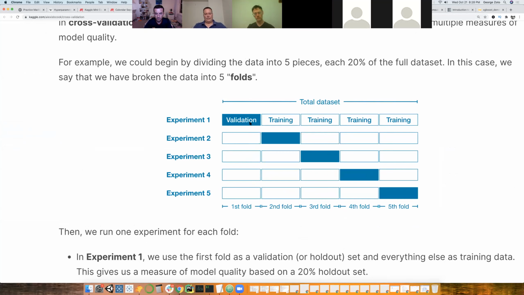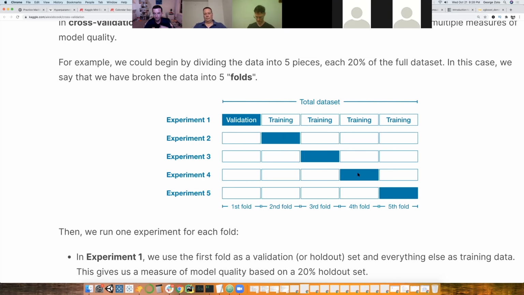In the first experiment, we're going to keep the first 1/5, let's say 20% of the data, as validation, and the rest will be our training set. So we'll do our modeling, we'll do our prediction, and we'll keep that output first. Then for the second one, we'll use the second 20% batch as our validation, and the rest as training.